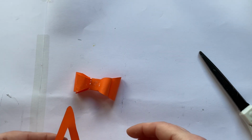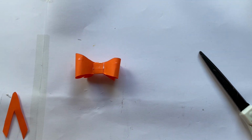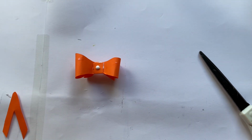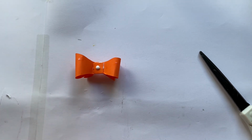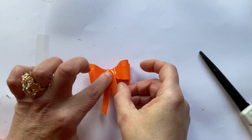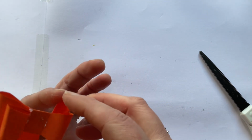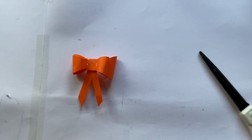So I'm going to turn that over because I don't want the pencil lines to show. And we're going to put this on the back of our bow. And once more, we're going to take some glue, just a spot, and we're going to take the tail of our bow, and just give it a press. It looks a bit splodgy with glue like that, but don't worry, because once we turn it over, it won't show. So when you turn it over, you have the cutest little bow, and it's really, really sweet and very